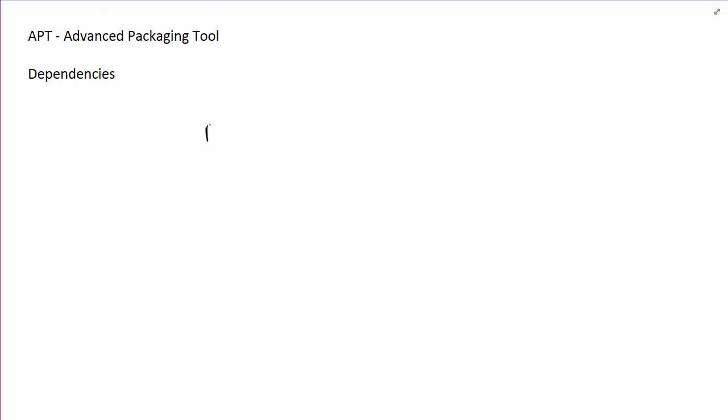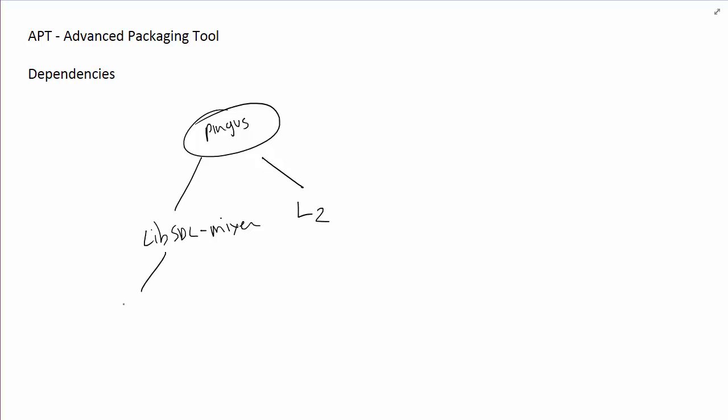Let's say that you have a game like Pingu, okay, and this game depends on, I don't remember the name of the library. I think it was libSDL mixer, okay, and we're going to just assume that the libraries have names like this one, that are a little easier to write down on this board, and remember. So if we have a situation like that where we have a dependency like this, and the dependency is only on libraries,